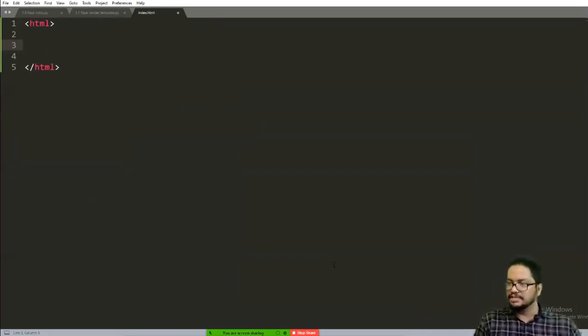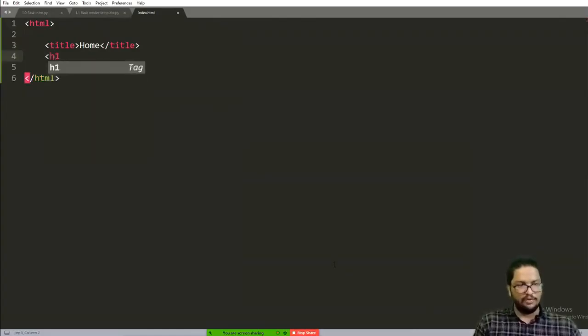Simply, HTML is considered a markup language, not a programming language, where we are going to write simple web applications. For writing simple web applications, you can use HTML. We have several tags. We can add a title, so for the title I'm going to add Home, and let me add the header one,